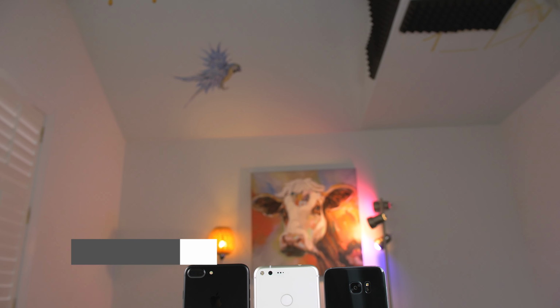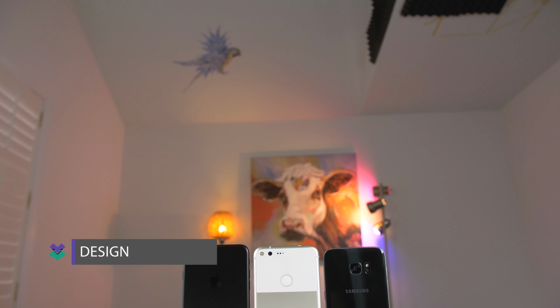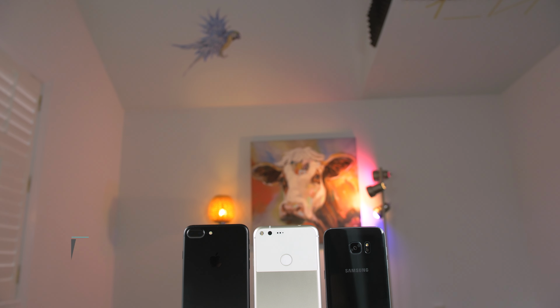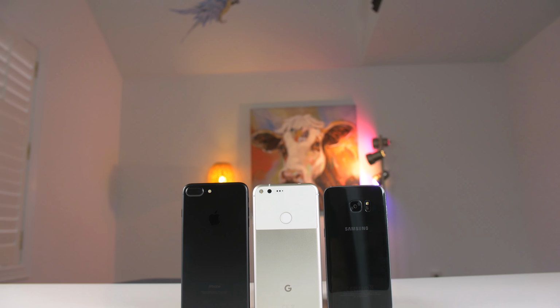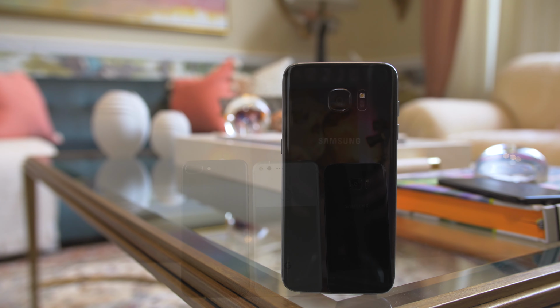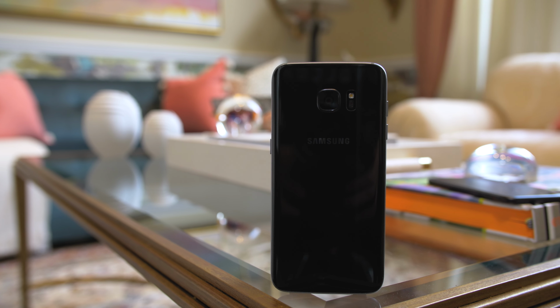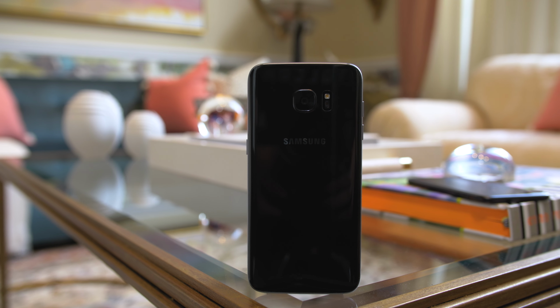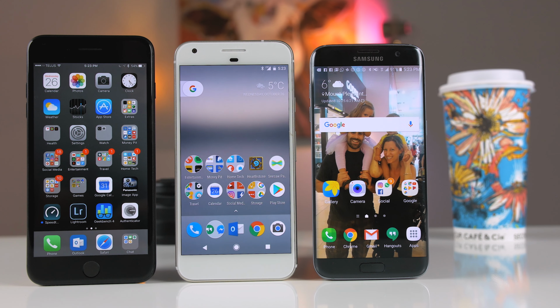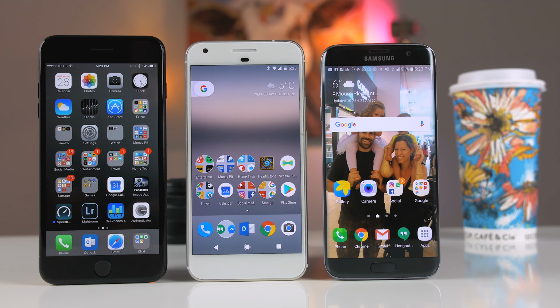Design has always been a subjective thing, so everyone's opinion is going to be different. But if you want to pick the product that has pushed design innovation the most, it's definitely the Samsung Galaxy S7 Edge. The small bezels, the curved back, and Edge display make it a lot easier to hold compared to the bigger Pixel and larger iPhone 7 Plus. Now they all share the same screen size, but the S7 Edge is much smaller to hold in the hand,